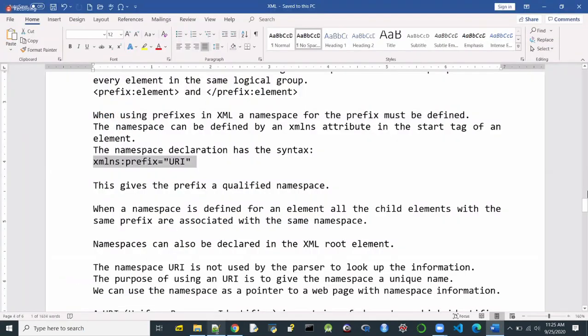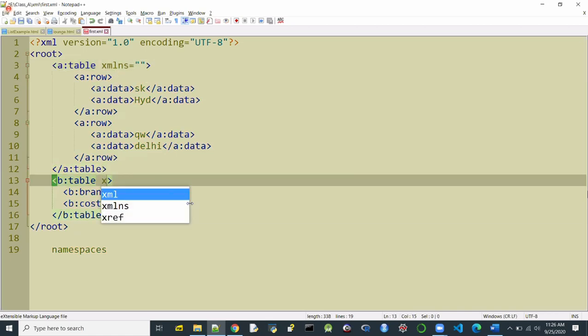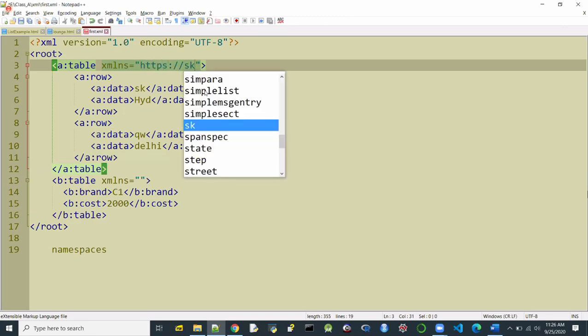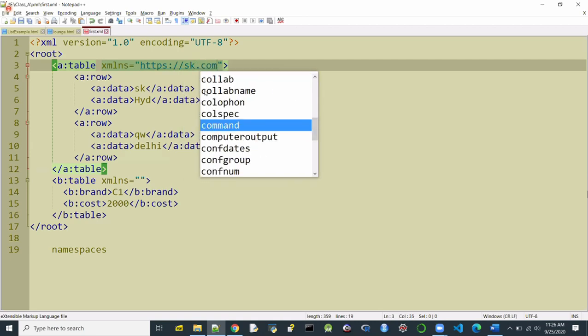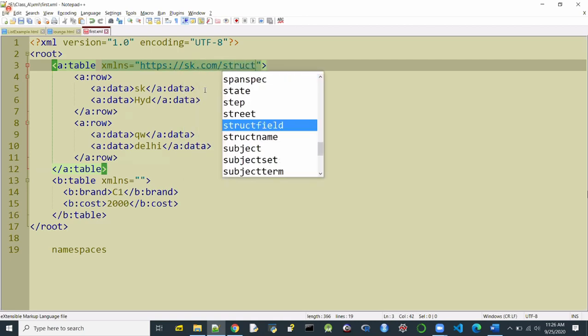So I'll go back to my page here. In the opening tag, I will put xmlns equal to some URI. And in the other instance also, we have to say xmlns is equal to some URI. Suppose I am saying here https colon two slashes sk.com slash struct.